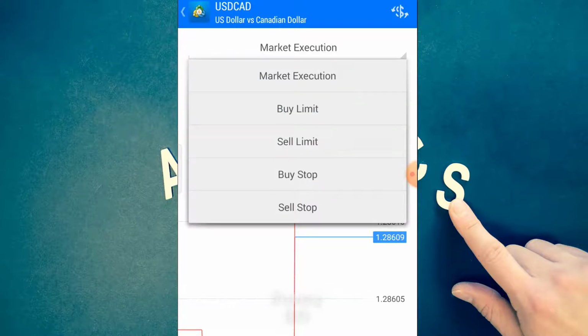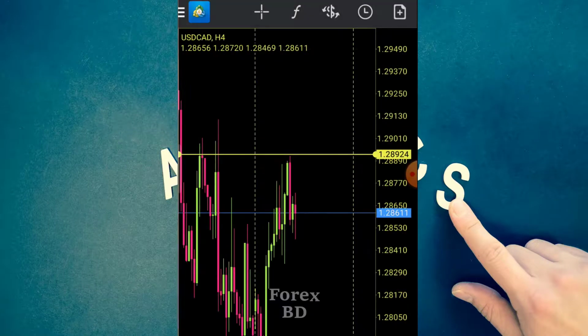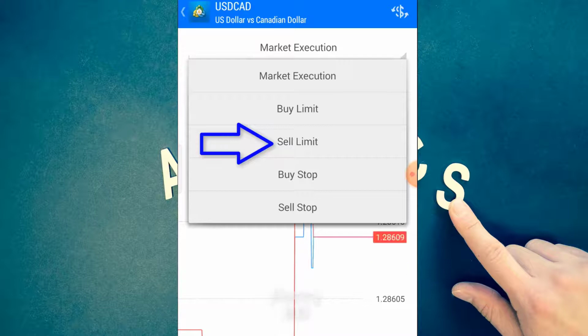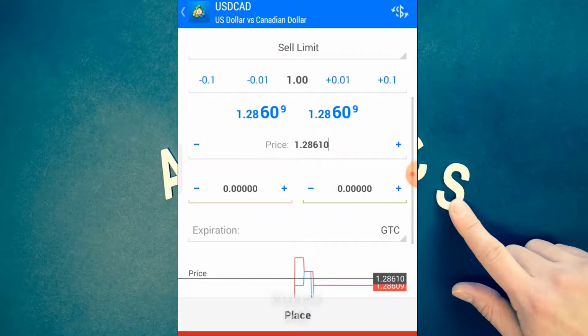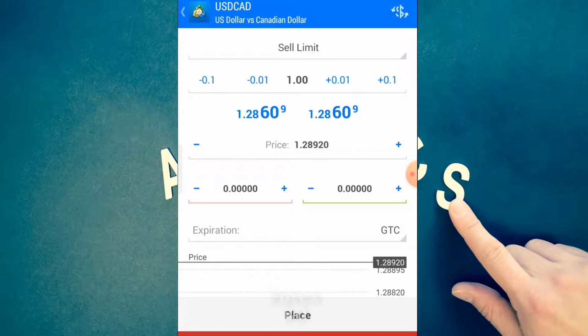I went to the entry option and then I selected market execution, and from here I selected sell limit because we are expecting the market to go up and touch our line and go down again. Sell limit for that. We wrote that price in this option. Now we have entered our price. We need to enter SL and TP. So sure you know how to set it up.